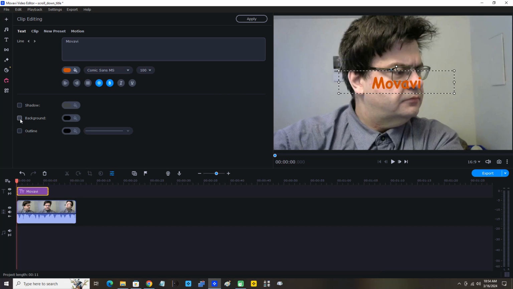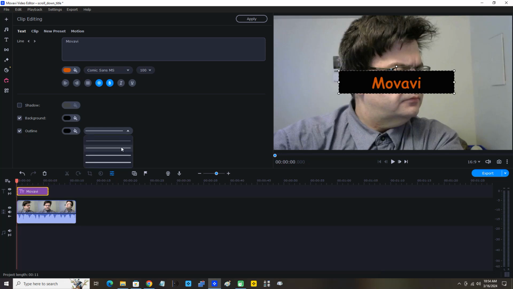Now I'm going to add a background. Okay, I'm going to click check the background there. And I think I'm going to stick with the black. The black's nice. And now I'm going to add an outline. So I'm going to check the outline. And I'm going to select the thickest outline. So I'm going to click the drop down menu, move the mouse pointer down to the thickest,